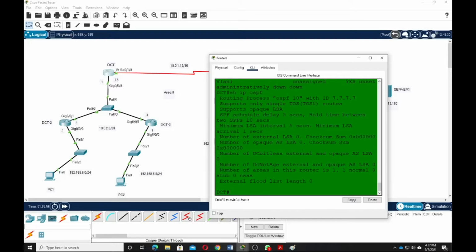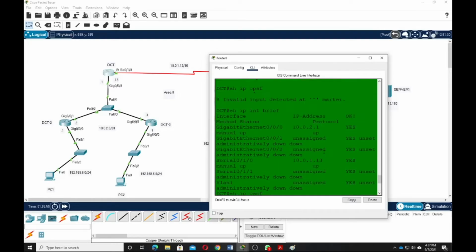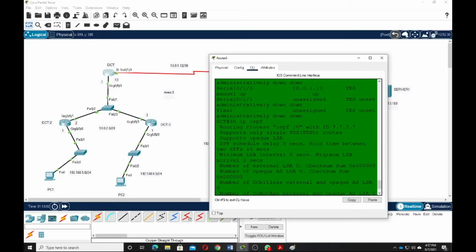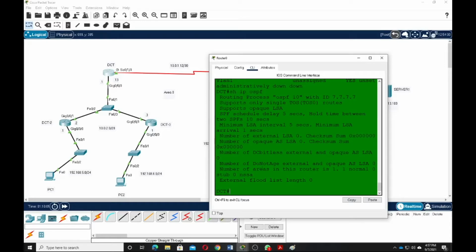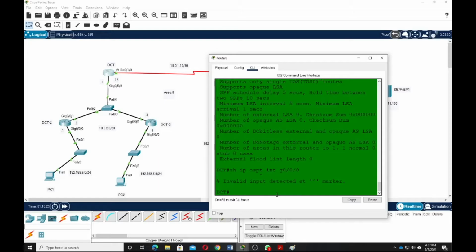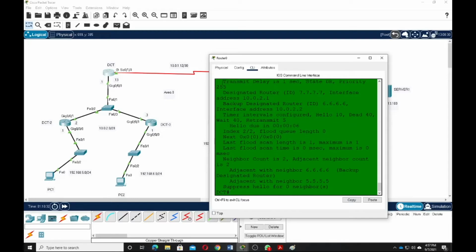Show IP OSPF router ID, LSA. Okay, G0/0/0. So the priority now is 255. Alright, so